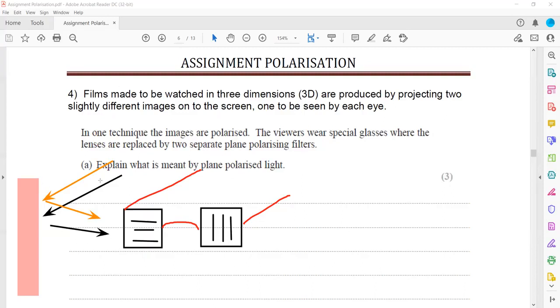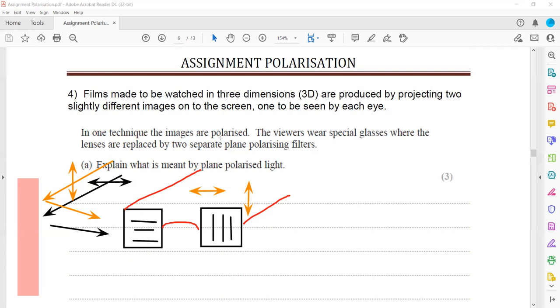Basically, one of them has a horizontal component and the other one is vertical. So when they reflect and enter our eye, the horizontal component will pass through one filter and the vertical component through the other, and on our